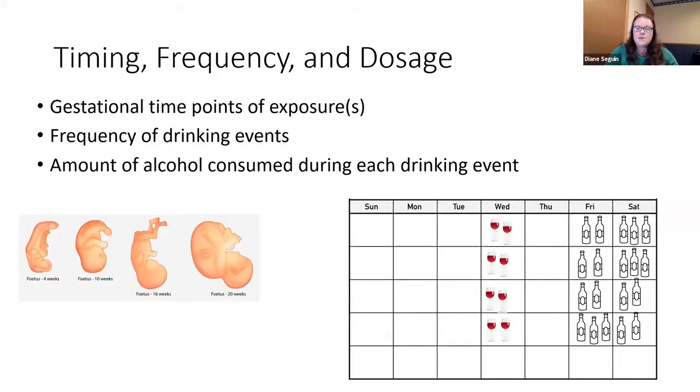Now, what we need to keep in mind anytime you're looking at prenatal alcohol exposure is what was the timing, the frequency, and the dosage of this exposure. Timing refers to the gestational time point, or where the fetus or embryo was in development when alcohol was being exposed. We also have to look at the frequency of drinking events and the amount of alcohol consumed during each drinking event as well. So all three of these tie together to affect the impairments or the behaviors we see in